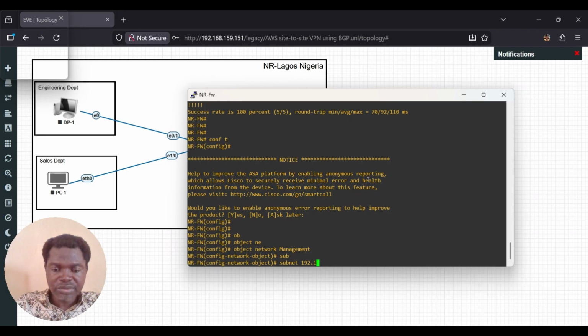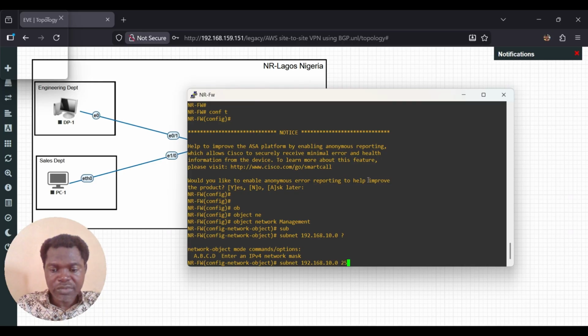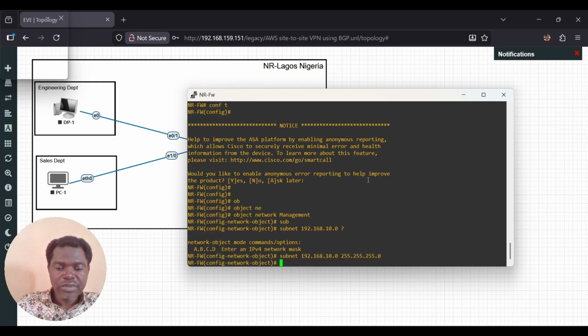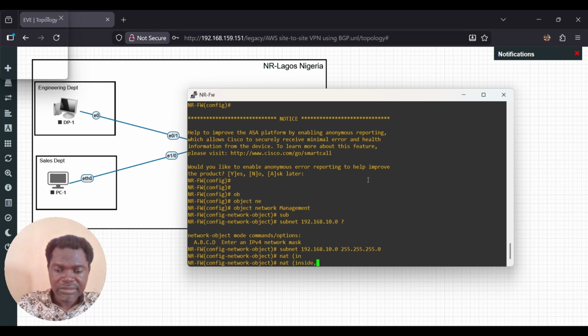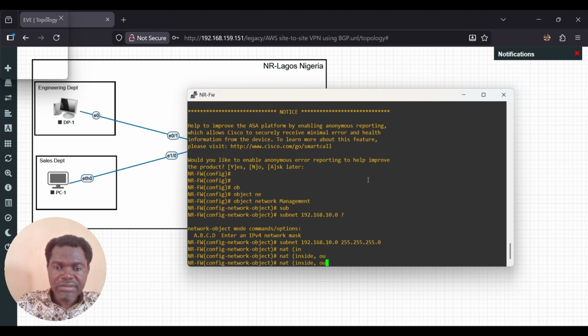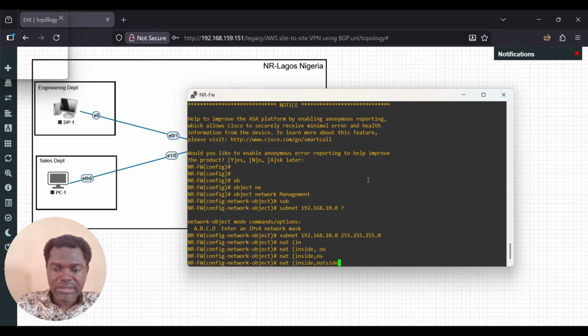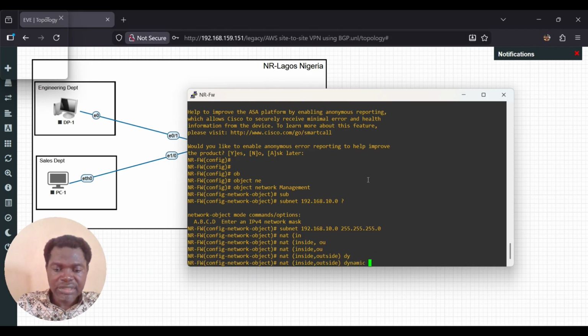Subnet 192.168.10.0, 255.255.255.0, which is /24. So I say NAT inside, outside, dynamic interface.